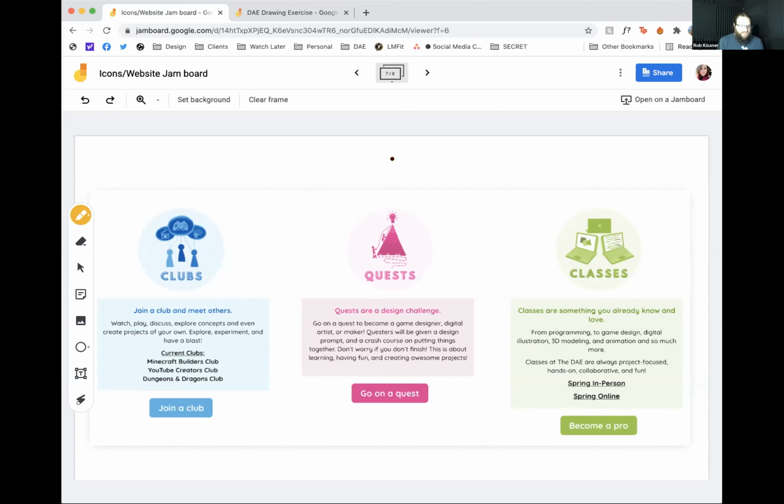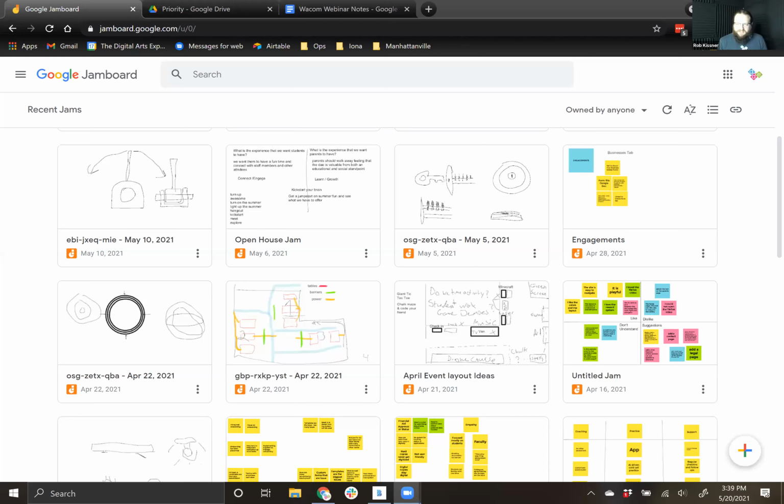Absolutely, I totally agree. And related to the design process, we do a lot of 3D printing, and we teach a lot of students not just basic stuff with Tinkercad, but we get into some CAD design. And I've got a couple of private lessons I'm working on. I don't know if you can see my screen here. Here's just my Jamboard home.